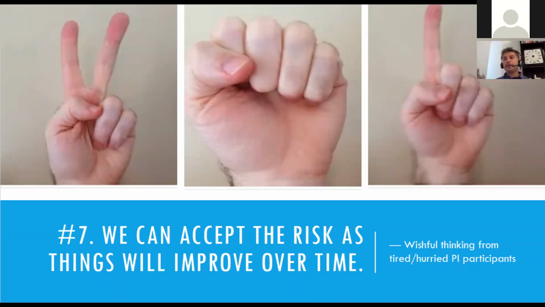At the very end of your PI planning event, you will have the chance to ask for feedback of your team, of the people that will be committed to delivering this in the next quarter. If you get a 2 or a 0 or a 1 like this one, don't apply wishful thinking, which is, hey, we can accept the risk, things will improve over time. No way. Believe me, I have lost